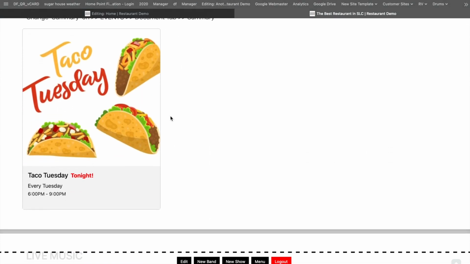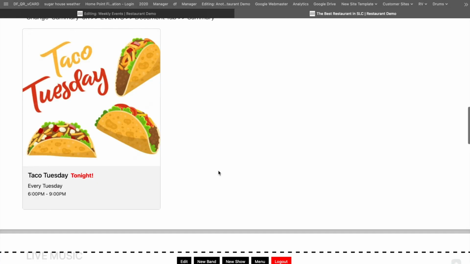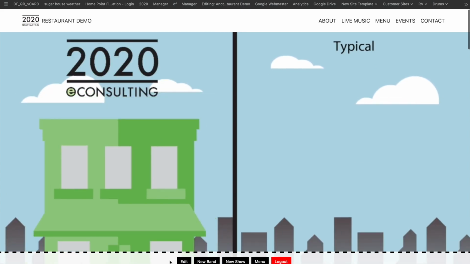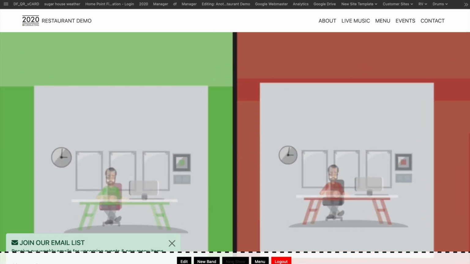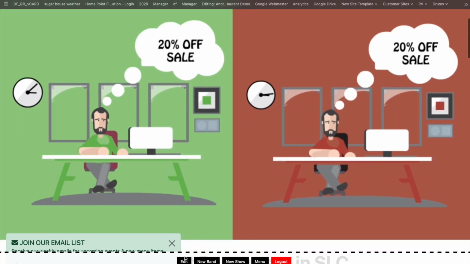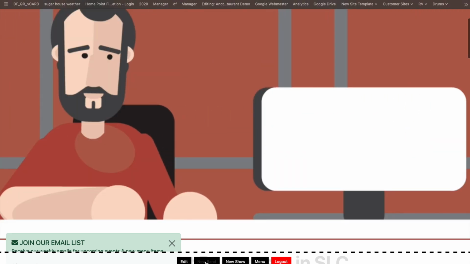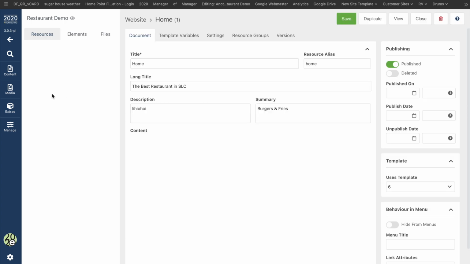Events, Taco Tuesday. Now let's add a one-time event. So we go back to events here. And actually, let's do it this way. Since we're logged into the website, we have these things down here. This could be new band, new event, new show. We can customize these for your business. But I thought there was a new event on here, but there's not. So let's go back to the event page.